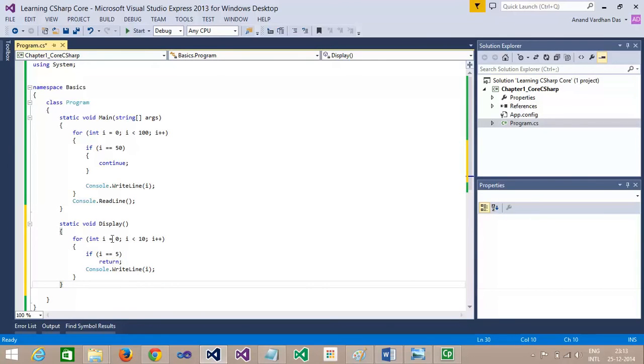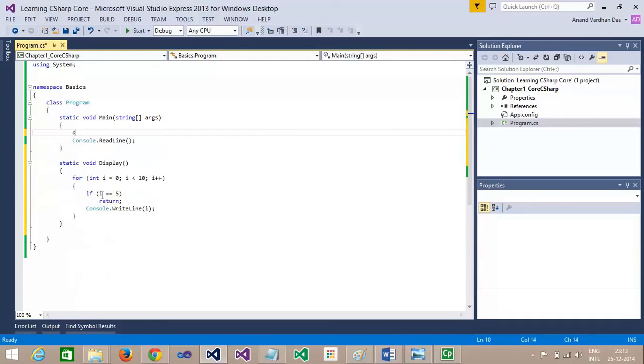So from i equals 0 to 4 it is going to print, but once the value of i becomes 5, the control will come out here, because within the main method I am calling this method. So this is the caller code, and the main method is the caller method. We can have any method. If the value of i becomes 5, the control will simply come back here and the line will be executed from here.